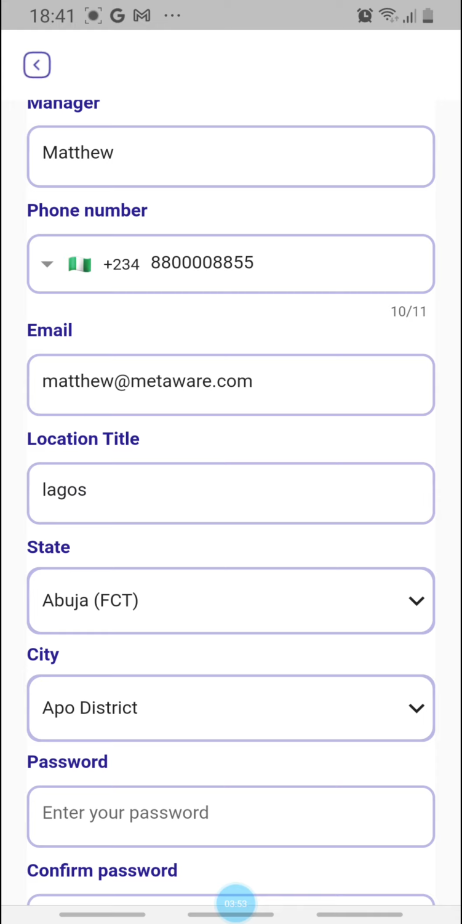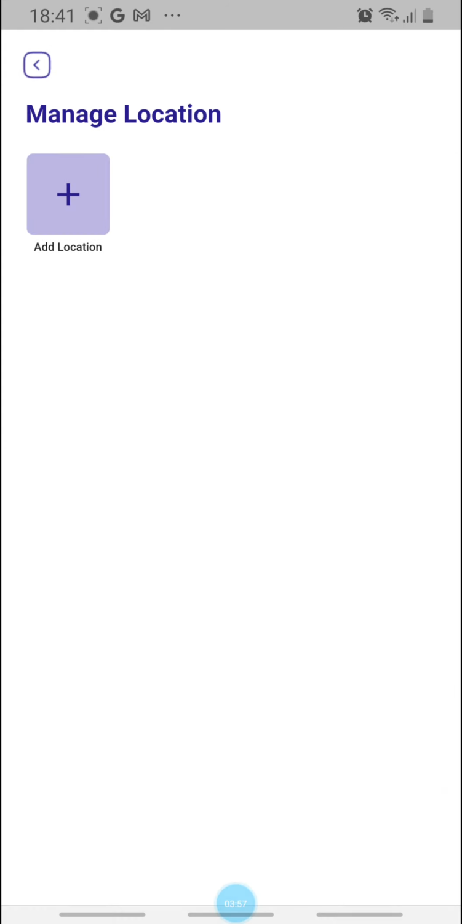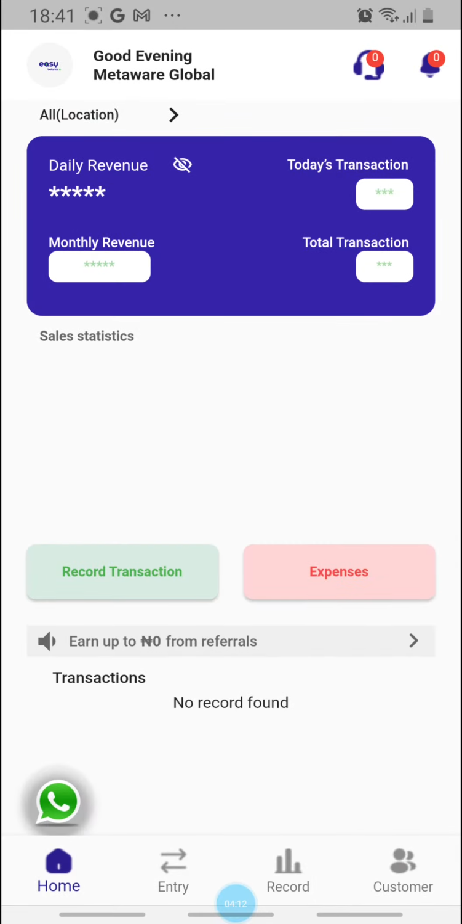So let's copy this. We already know our password, so then we go back. After creating a location, if you have 2, 3, or 4 locations, all you have to do is click on add location again until you've achieved the number of locations you want. Once you are done with that, then you go to